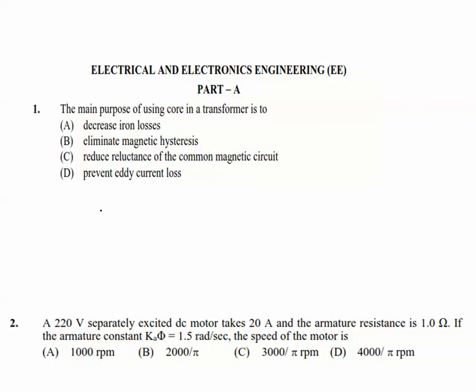Normally, a transformer will have two windings. The first one is the primary winding and the second one is the secondary winding. When the current flows through these windings, it will create magnetic lines of force like this, that is flux lines, and because of the load also there are flux lines flowing like this. So in order to increase the lines of force, we will use the core material in between them like this. Okay, so core is used to increase